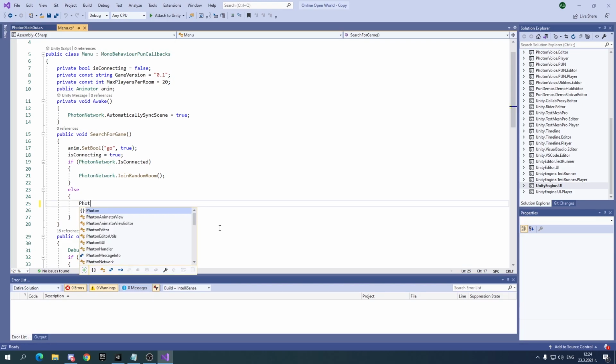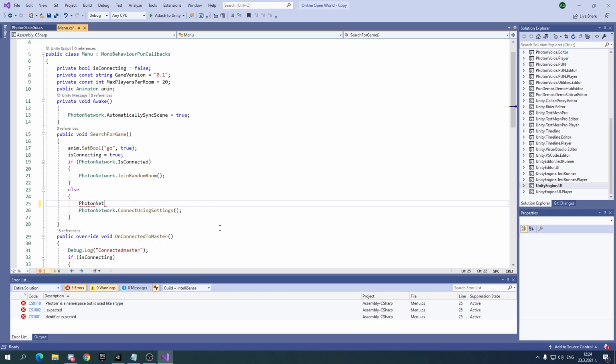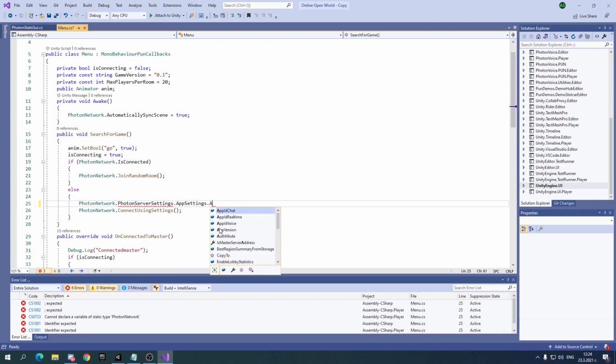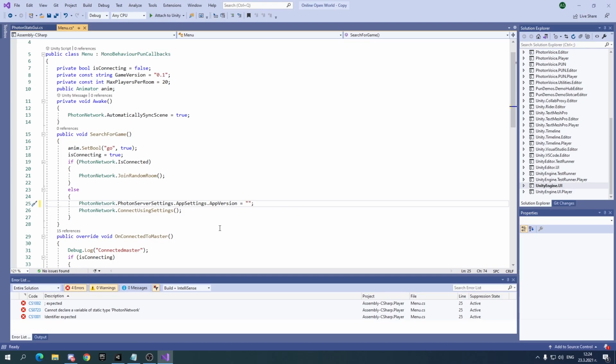and you will need to say PhotonNetwork.PhotonServerSettings.AppSettings.AppVersion equals to what your app version is. I'll just place 0.1, and then after that